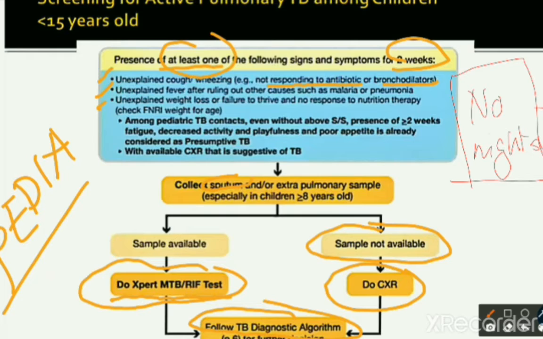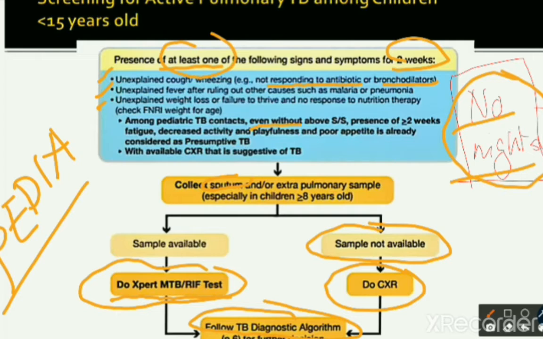So basically in our signs and symptoms, we don't have night sweats. In adults, we have night sweats; in children, we don't have that. Additionally for children, among pediatric TB contacts, or if children are exposed to a diagnosed TB, either clinically or bacteriologically diagnosed,